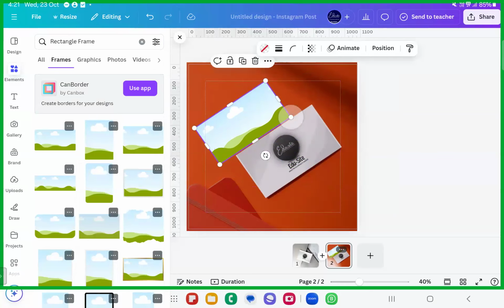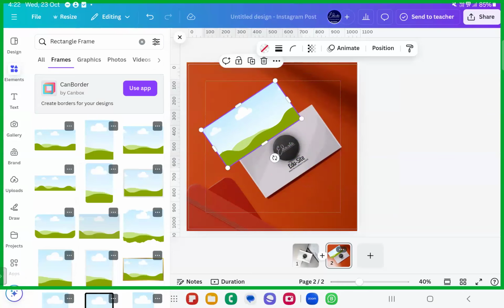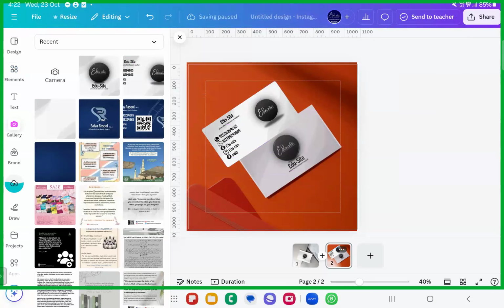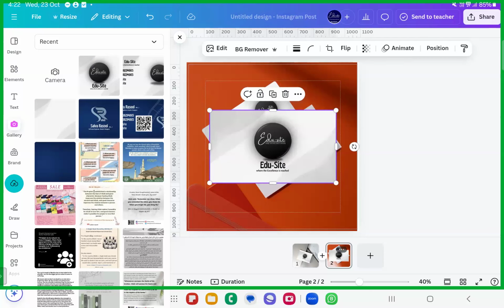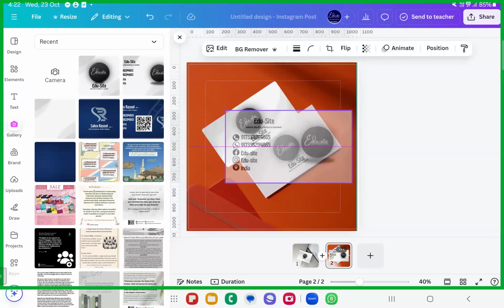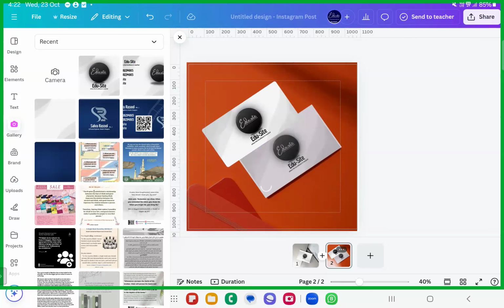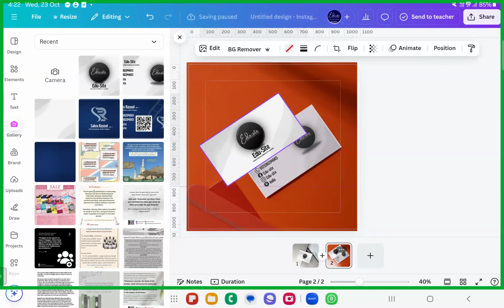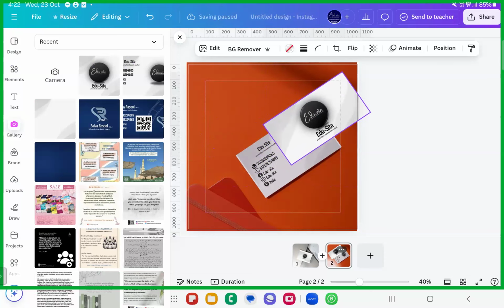That's all. Okay, one rectangle frame, we'll just put it up here like this. Okay, we'll put the back side of it over there. Add to page. Again, put it like this. Okay, that's totally up to us how we're going to add to page. We'll just put this here. We'll put this here. Okay, this way you can have the frames designed one above another. If you want to place it, you can have it like this or something like this.